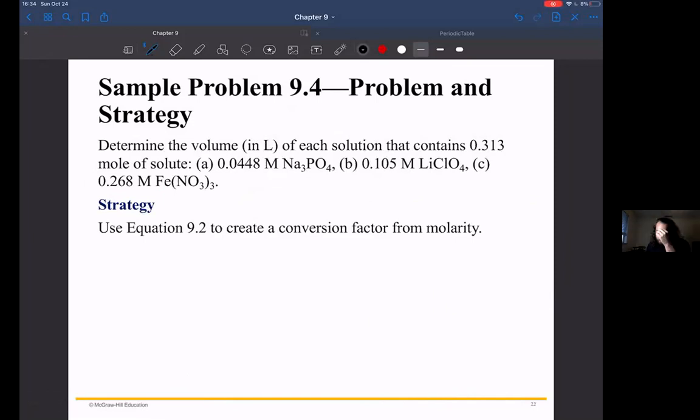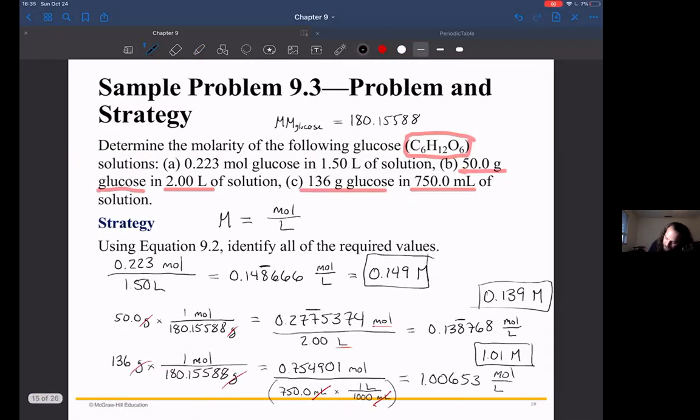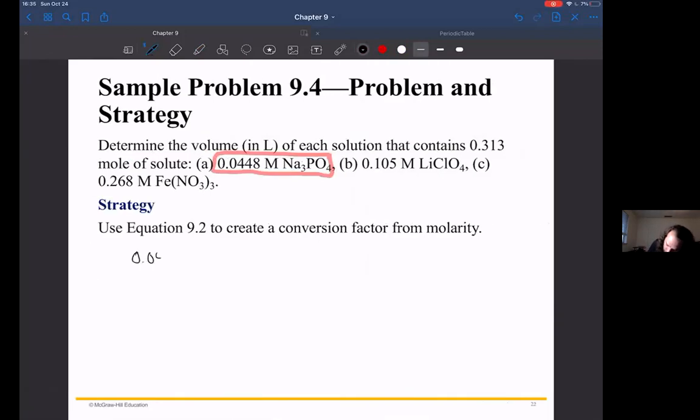Okay, so now we're going to use our molarities. Given the molarity, determine the volume that contains a certain number of moles. So for each one of these, what we're going to do first is take, for example, this piece of information here and make it into a conversion factor. So remember that big M is moles per liter. That means that 0.0448 big M is the same thing as saying that there are 0.0448 moles in 1 liter of solution. So this is going to be a conversion factor that we're going to use to convert from moles to liters